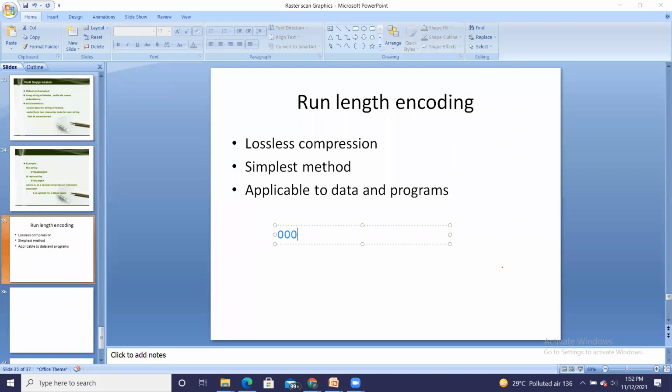So consider 6 zeros, followed by 9 ones, followed by 10 zeros, followed by 12 ones.